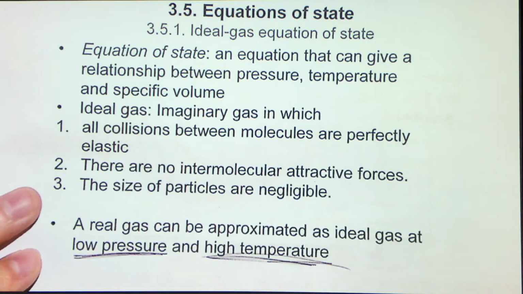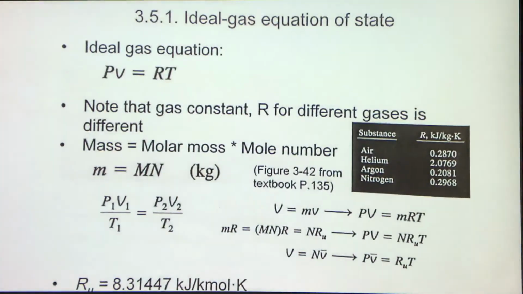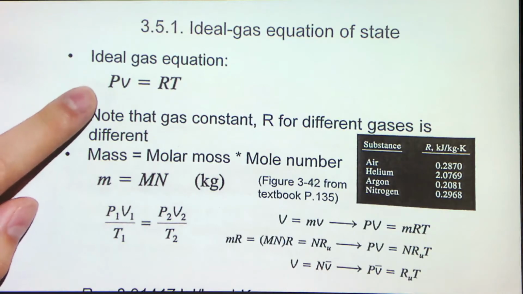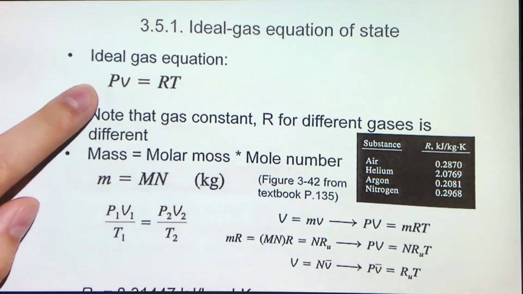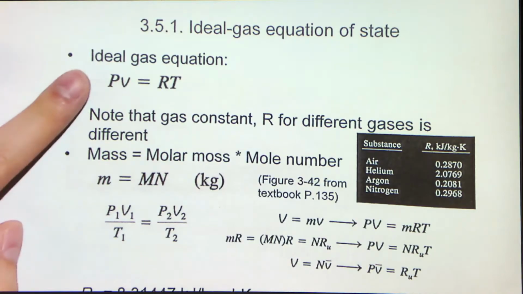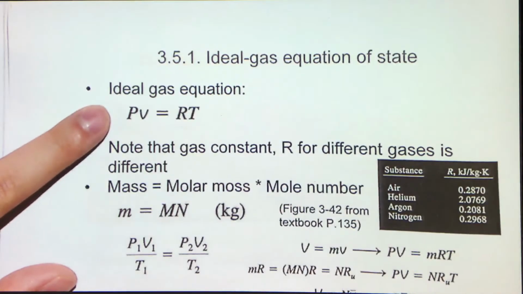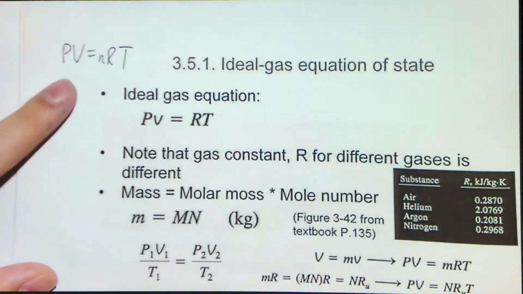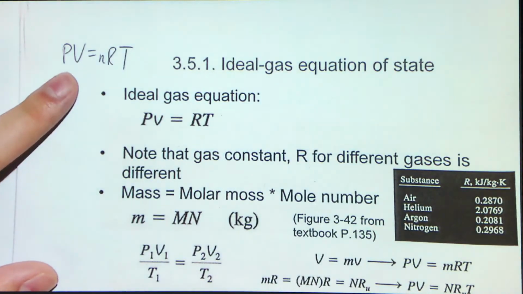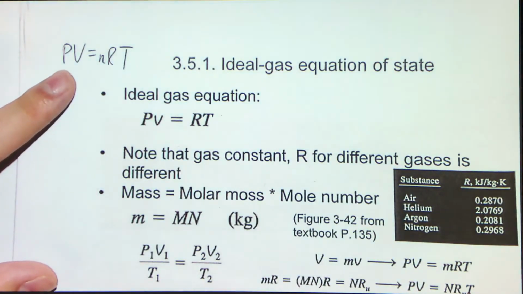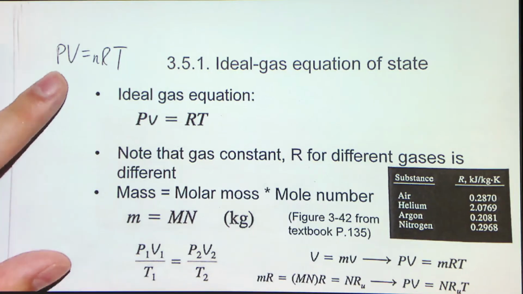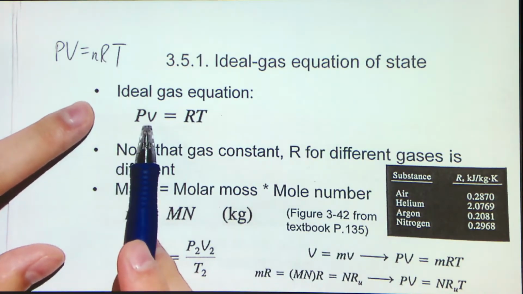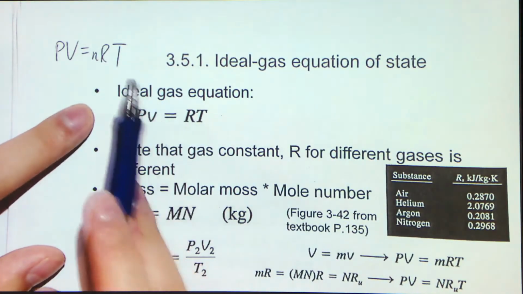After that, we state the so-called ideal gas equation of state. Here is the ideal gas equation. In your high school physics or the university physics you have taken in your first year, you will see the ideal gas equation to be slightly different from this. It should be PV equal to nRT. That's the version that you should see in your high school physics or first year university physics. But for thermodynamics, especially engineering thermodynamics, we will usually write it in this form: Pv equal to RT. And this R is different from this R.